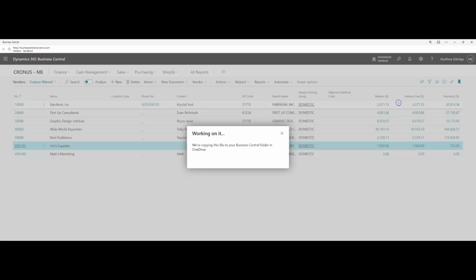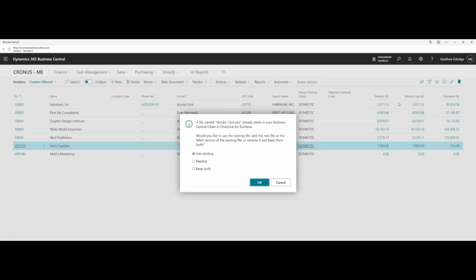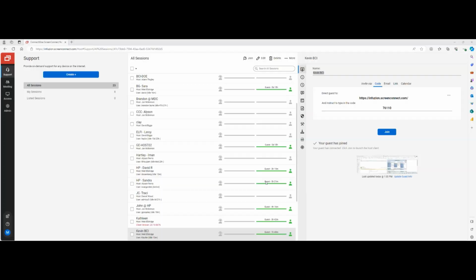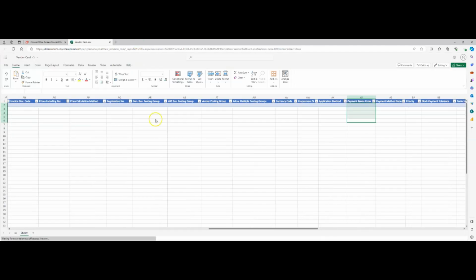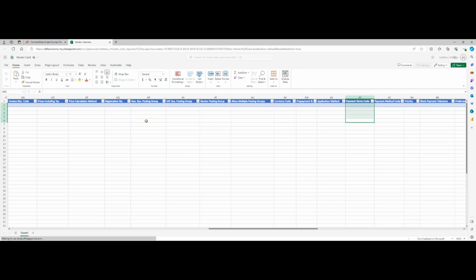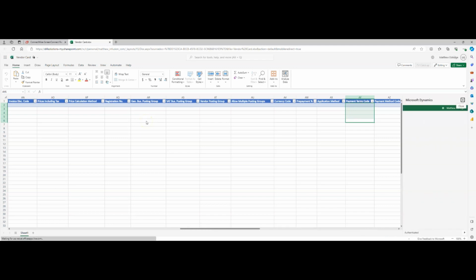Or I can hit Edit in Excel, and what that'll do is it'll actually take me to a section. Oh, I've already got this open here. I'm going to say Replace and use this new file. And from here, I can do mass updates on multiple vendors. Okay. So once this data populates,